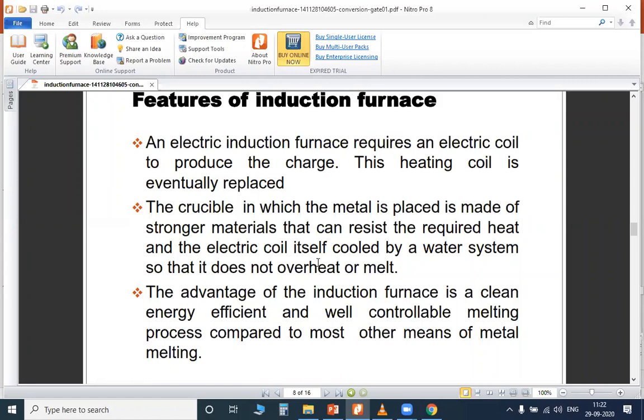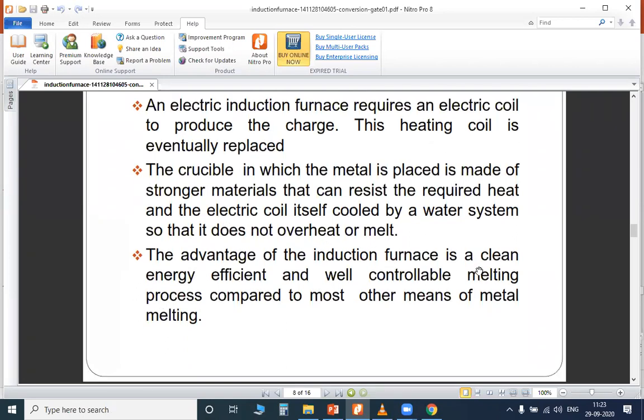Whatever the coils are, they are to be taken care of. When more heat is being produced by the electricity, the coils cannot be damaged. So to take care of a coil, other alternative adjustments are needed more and more. For that sake only, a cooling water system is required.